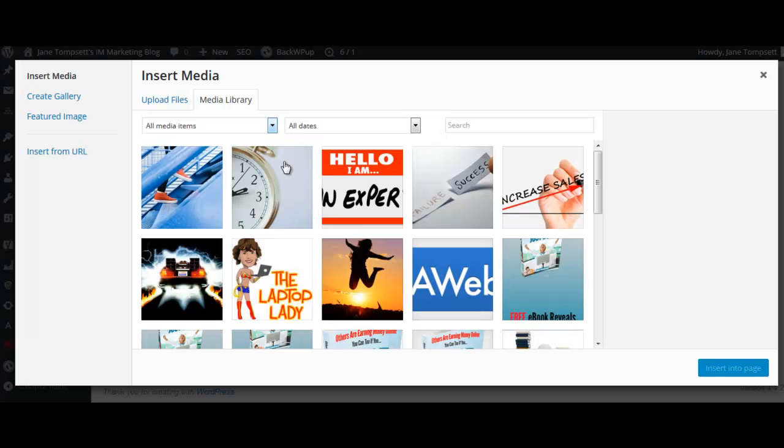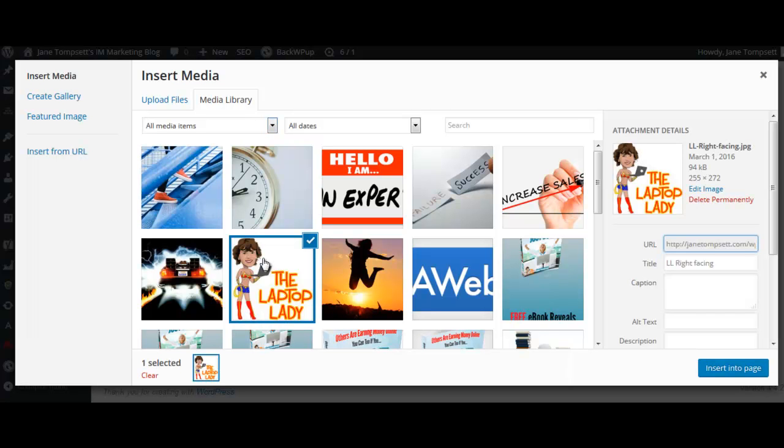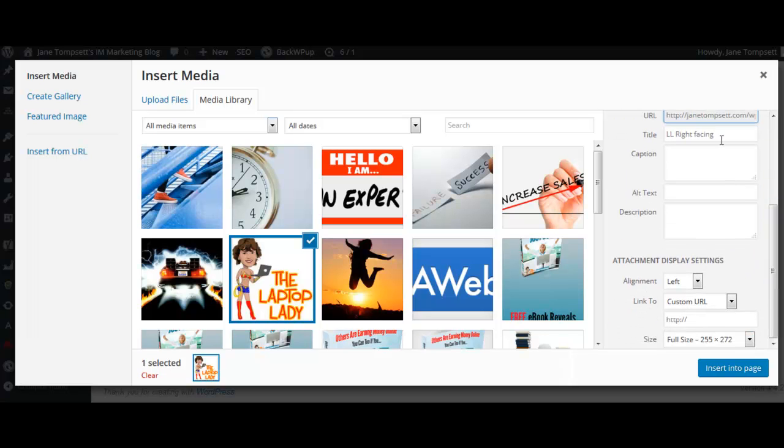You'll see that I've already had quite a few images uploaded to my media library, and these are available for immediate use. So let's put this one in, shall we? I'm going to select my logo. I am the laptop lady. And if you go to the right hand side there, you can put a title in. You can have a caption underneath it, and very often using alternate text is very useful because it helps with your SEO. So let's say, well, we can use the title of our page, how to set up a page